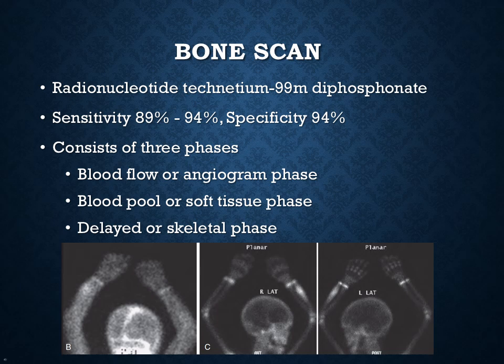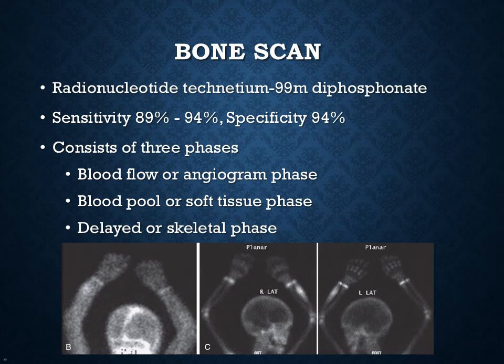The study consists of 3 phases. The first phase, the blood flow or angiographic phase, demonstrates increased perfusion to the affected area due to hyperemia. The second phase, the blood pool or soft tissue phase, shows increased tracer activity in the surrounding soft tissues, reflecting inflammation and edema. The third phase, the delayed or skeletal phase, demonstrates increased uptake in the bone itself due to